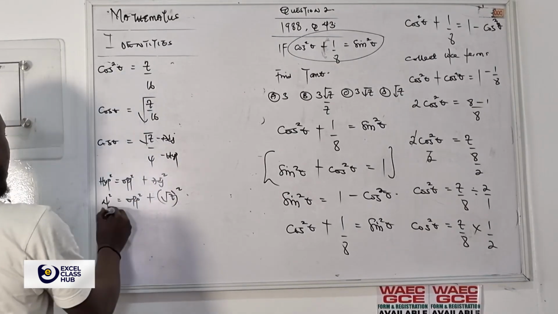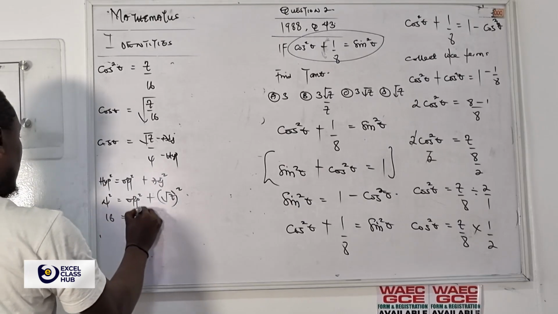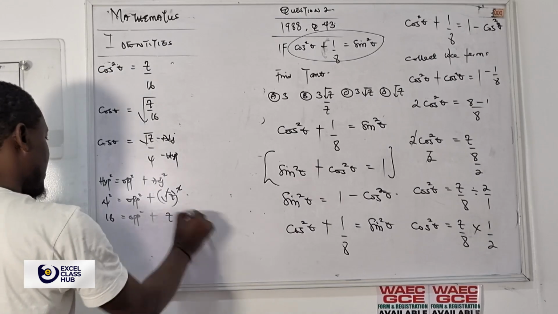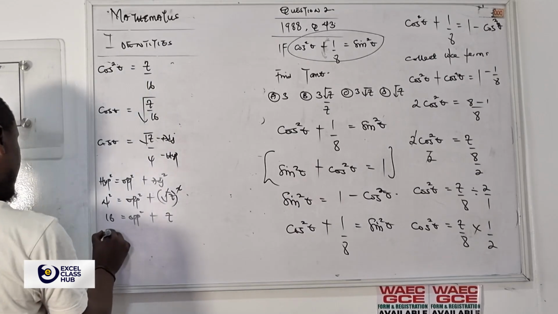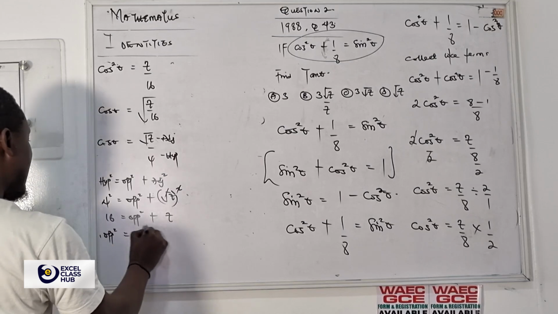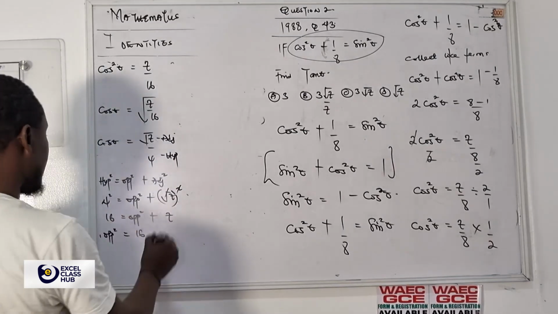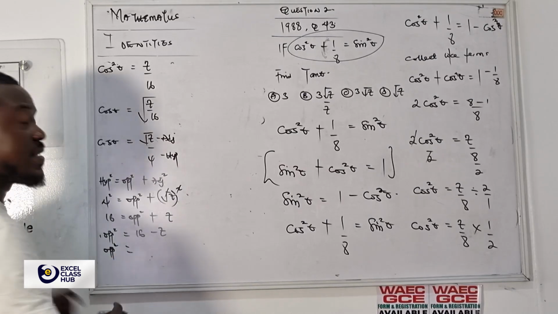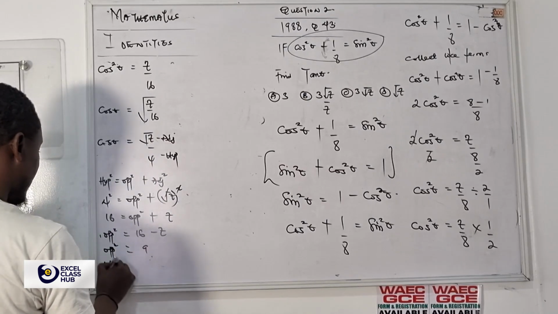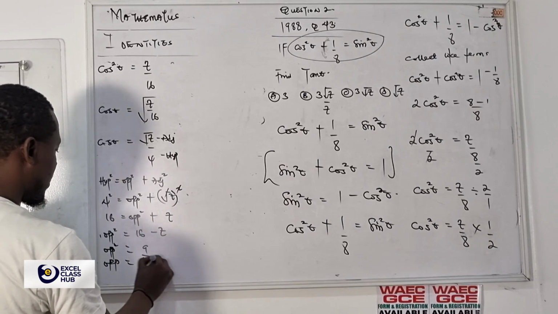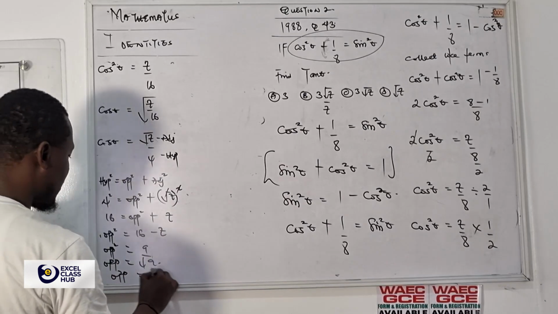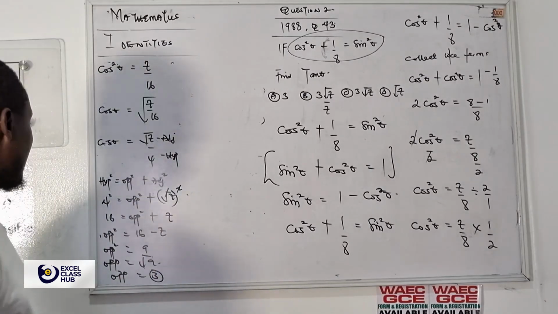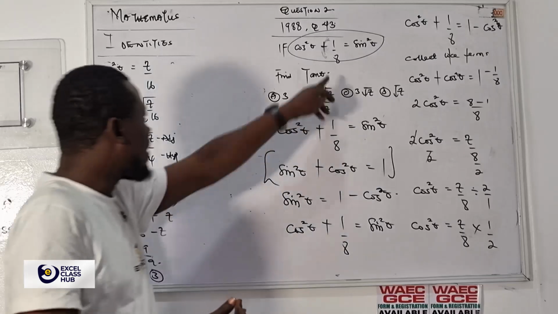4 square gives me 16. Opposite square. Plus, you see this root here cancels this square root. So I'm going to have 7. So I can collect the like terms. That should be opposite square should be 16. This 7 is plus, coming outside to me 16 returns to minus. So opposite square should be 16 minus 7 is 9. So that means if I remove this square, it returns to square root of 9. So your opposite there gives you 3. So since I've gotten adjacent, I've gotten hypotenuse, and I've gotten opposite. Definitely I can find my value of